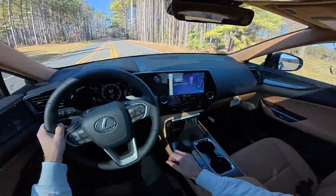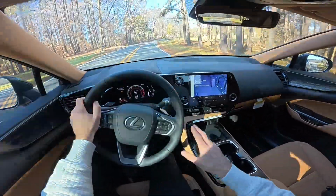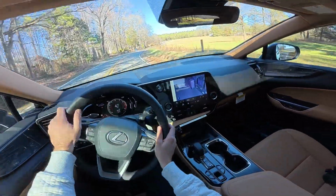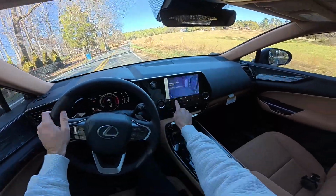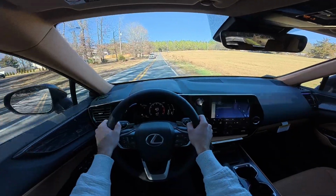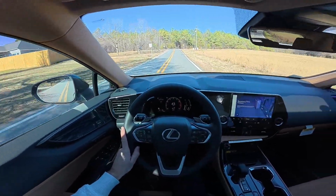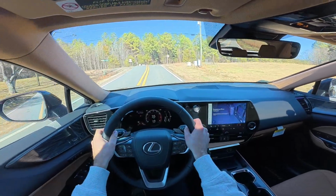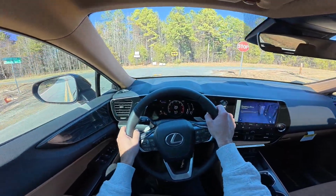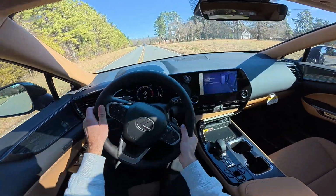You have volume, which is right in the middle. You have temperature adjustments. You have your driving modes, and then the ones that are located down below. The heated and ventilated seats are in the screen, but they're always going to be fixed and right there. So those are even easy to get to. So I like how simple it is for this interior, and you still get a luxury focused vehicle at the same time. And then we can give it another mild acceleration, getting up to speed here,